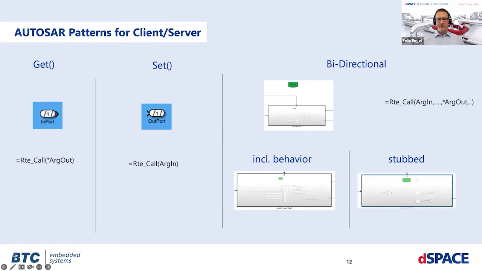The first one is I can just go ahead and include a subsystem that models the behavior. This will not become part of the production code, but it's available for simulation in MIL, in ZIL, and in PIL. Or the other option on the right-hand side, stub, is that you actually just put in reads and writes